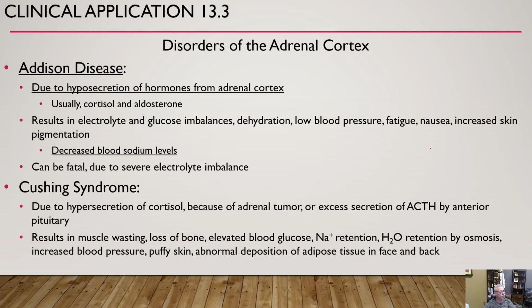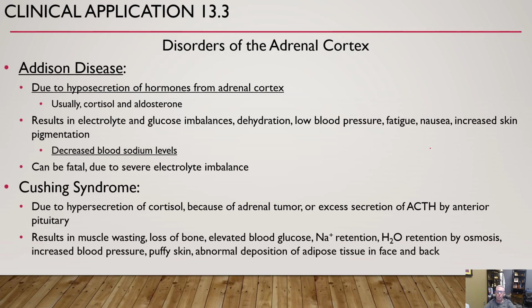All right, with Cushing's syndrome, it's usually a hypersecretion of cortisol, usually because of an adrenal tumor, or excess production of ACTH by the anterior pituitary. So we have too much cortisol, or too much stress hormone. With your stress hormone, you're going to see muscle wasting, bone loss, increased blood glucose levels, sodium retention, and water retention, because remember, water follows sodium. Because of the increased blood volume, we're going to have increased blood pressure, puffy skin,